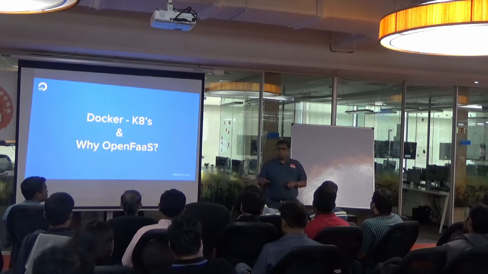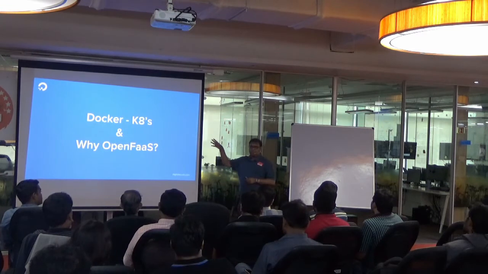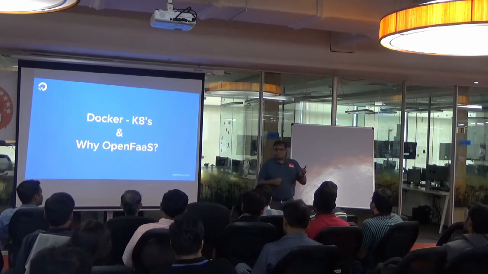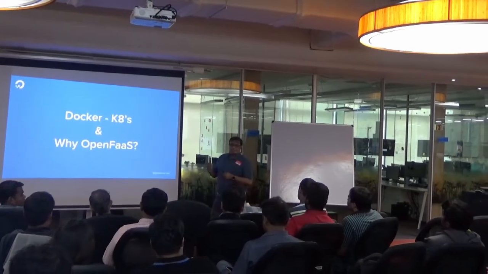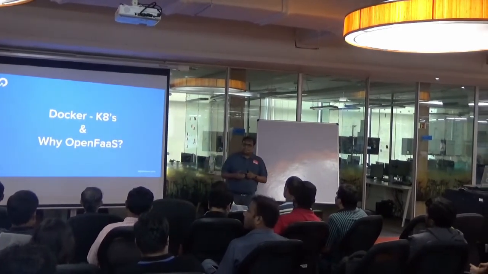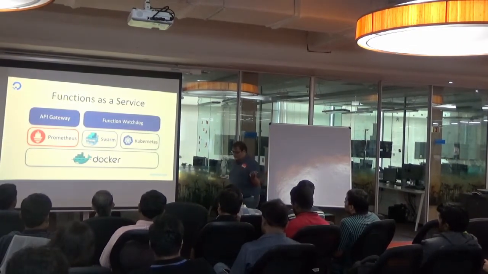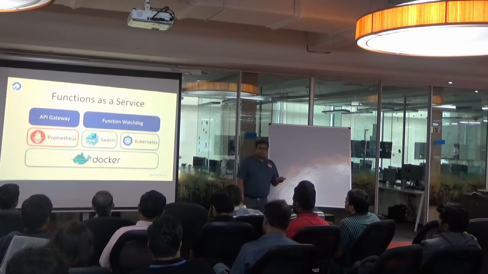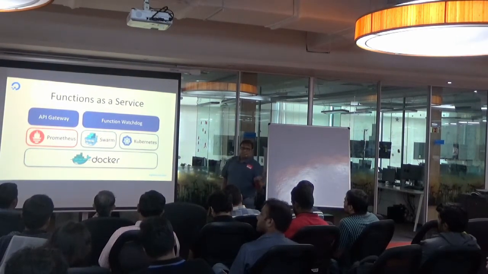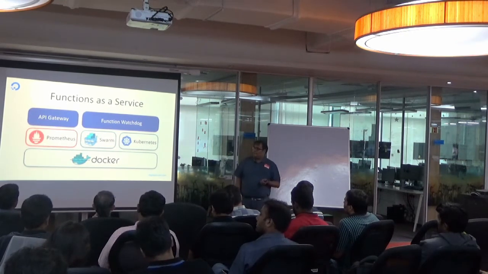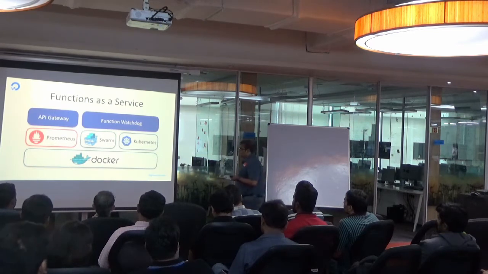I'll do a complete demo of it, and we will build one function, and we will deploy that function, and also we will see how auto-scaling works in the world of Kubernetes with OpenFaaS. Okay. So just to give an introduction to OpenFaaS, OpenFaaS is a framework to build your functions and serverless computing. And the one thing that stands out